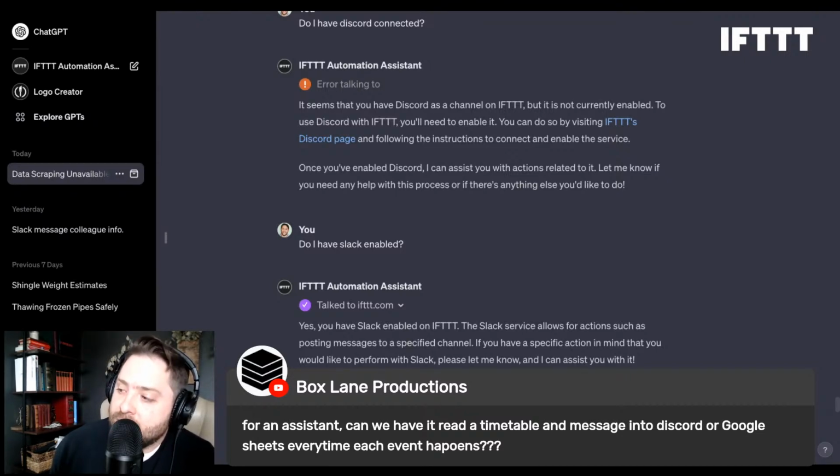So whenever the timetable is updated, send a message into Discord or Google Sheets from that RSS feed. That's probably the best, or use a webhook. Webhooks are the same thing, and a lot of digital tools use webhooks, and that could be your trigger.